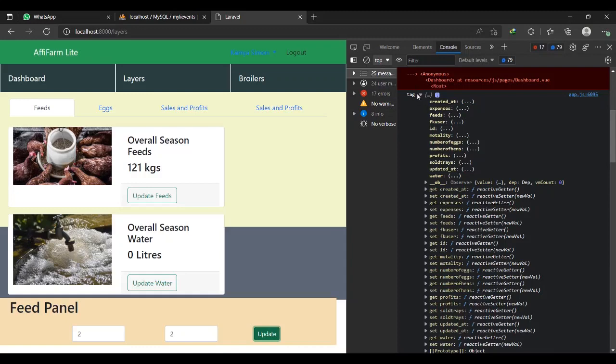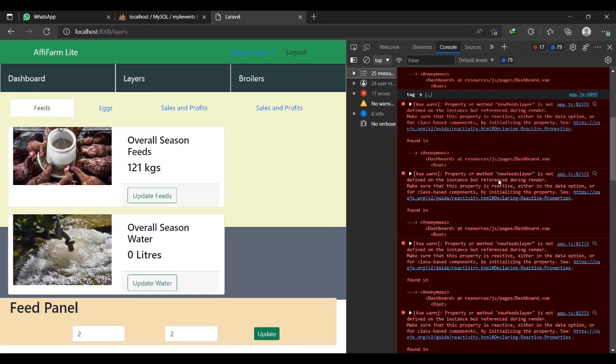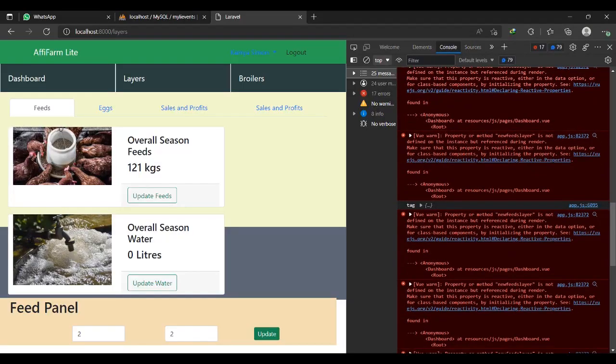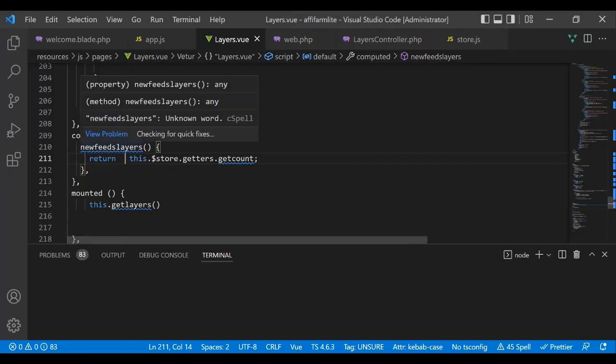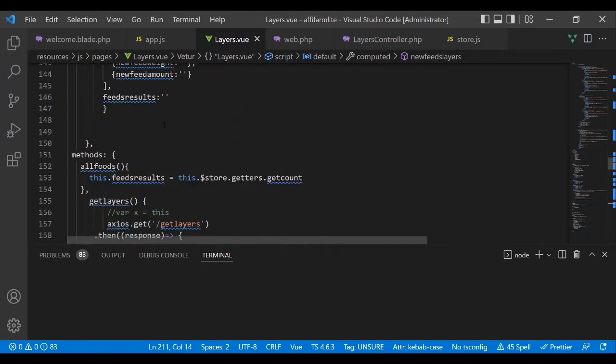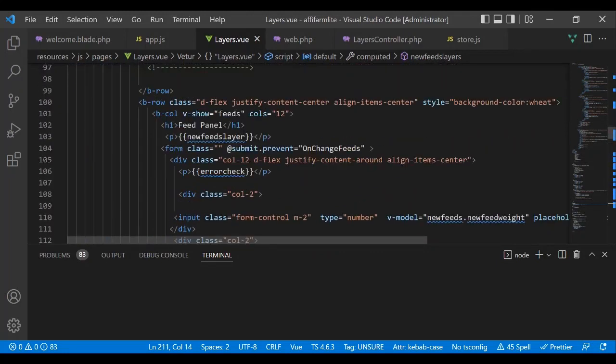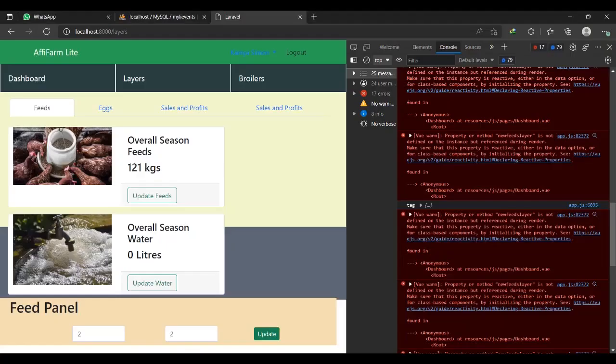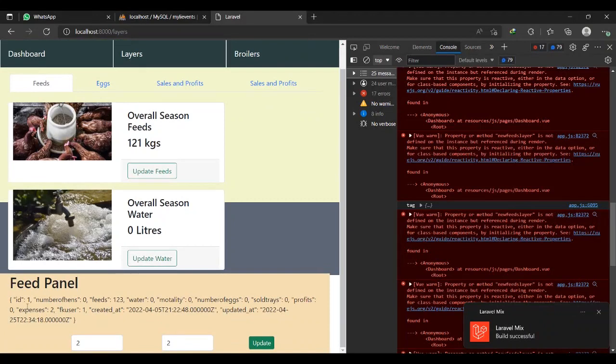Okay, I should double check. I think something is not coming out well. Property new feeds layer is not defined on the instance but referenced. Okay. All right, so new feeds layers. All right, so it's supposed to be new feeds layers, and here I only took new feeds layer. Wow, it's actually a toss. All right, so let's double check this time around. There we go. So we have the results,